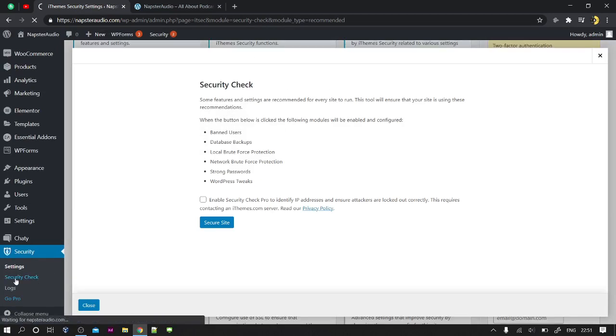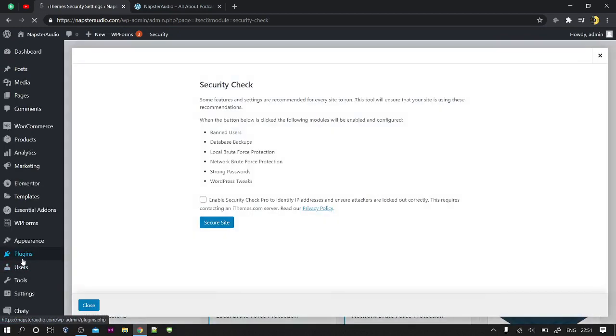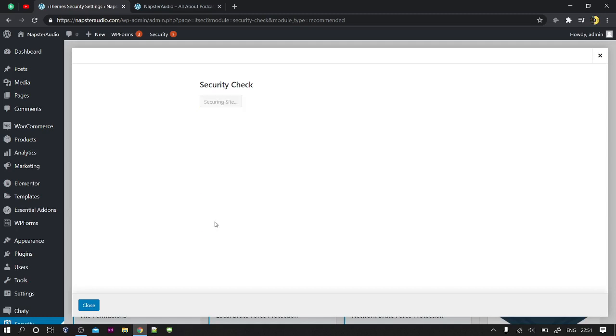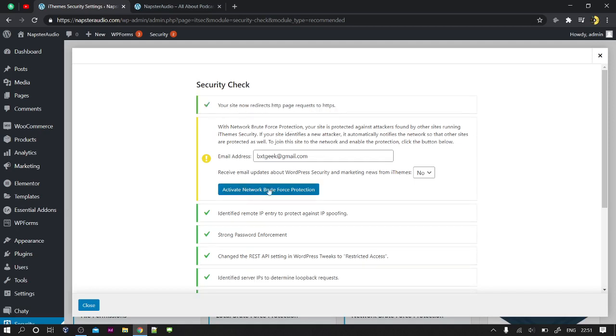Go to the security check. Okay, so they are already suggesting a few things. Just tick mark this and select secure site. So okay, select redirect HTTP request to HTTPS, select it, activate network brute force, activate this thing,